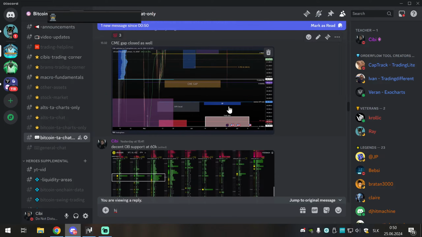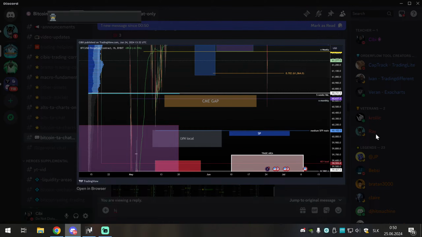So I arrived to the New York trading just as when the things started to move. We see now we are moving to the downside. We've closed CME gap. You actually had scalp if you wanted. Yes, there will be a lot of scalps. This is really great scalping environment. You had scalp from the CME gap bounce.